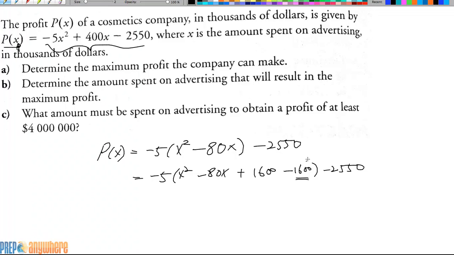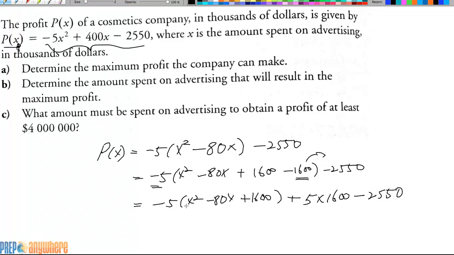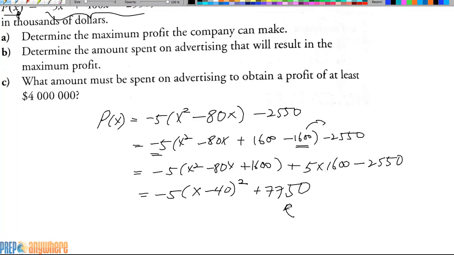Okay, so I'm going to pull that out of the bracket by multiplying by -5. And on the outside we get minus times minus gives you a plus, so 5 times 1600. Okay, so finally it's x minus 40 squared, and if you calculate that you get 7750. So that right there, okay,